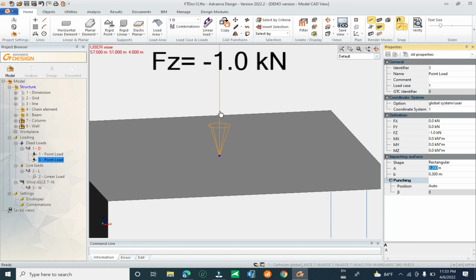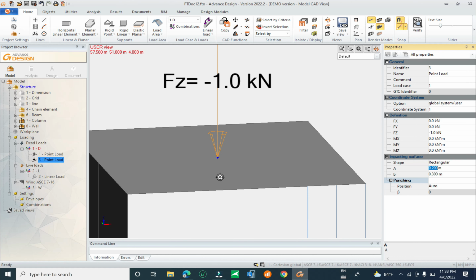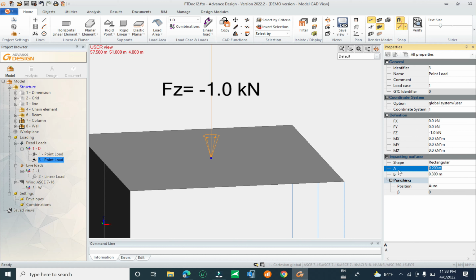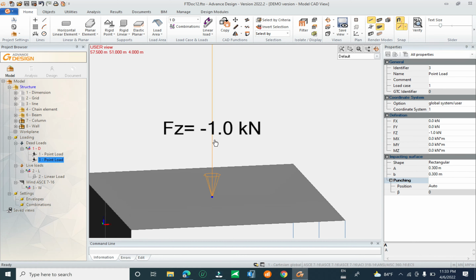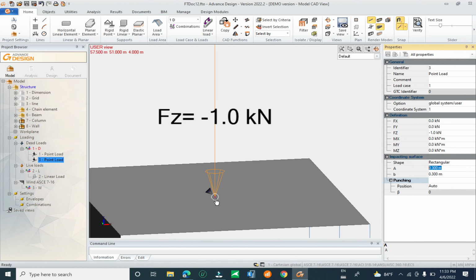In the case you have a column on top of the slab, say the column is 0.3 and 0.3, it means the base of the column is 0.3 by 0.3, and the magnitude of load is applied for the column. So the load will be distributed over this impact surface,